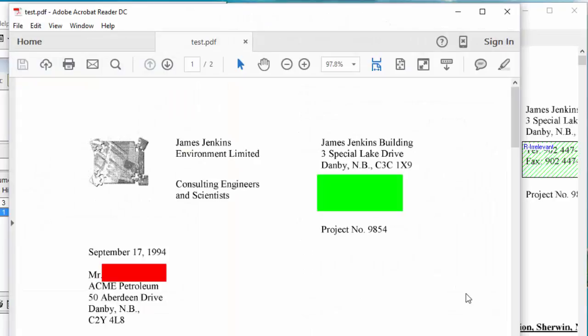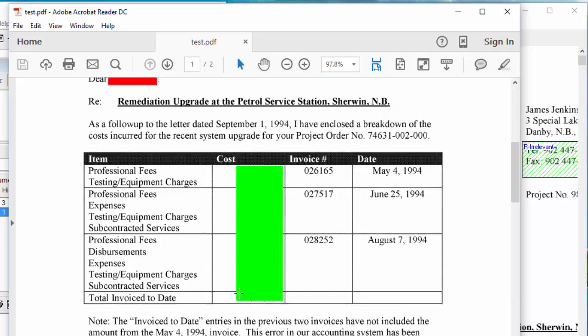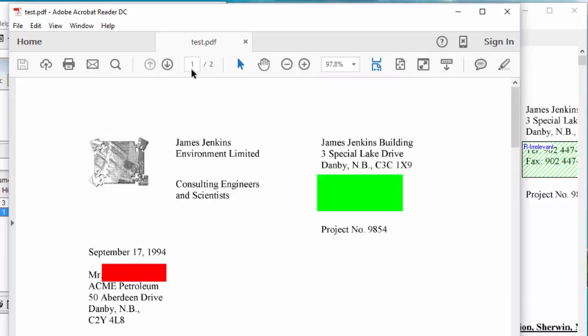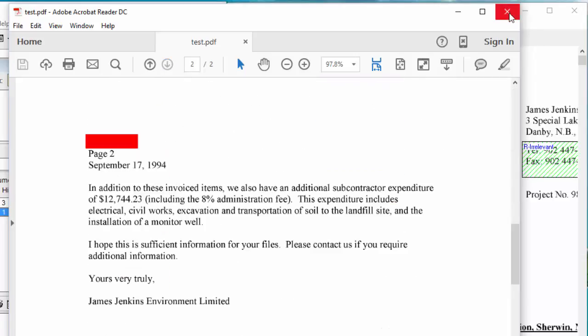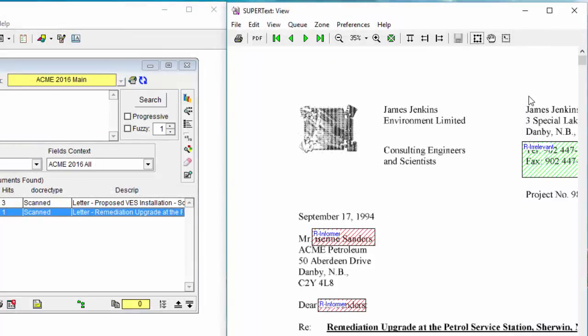There we go. So this is another example of the zone rendering. We see the zones in true redactions, and the color indicates what type it is or what the justification is for the zone. So SUPERText can do what's called differential zone rendering, and it's important to keep in mind that